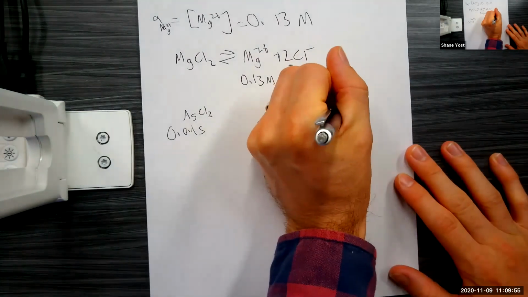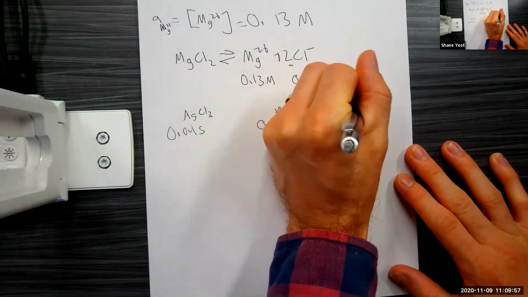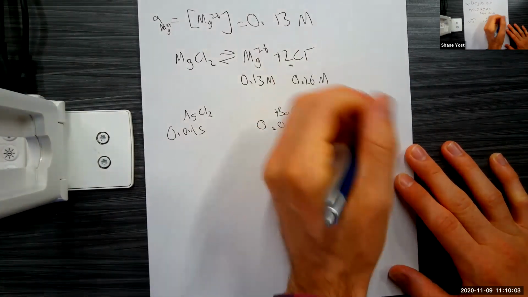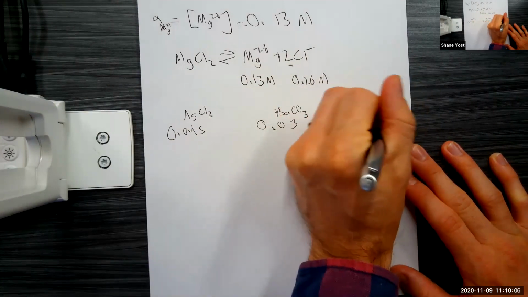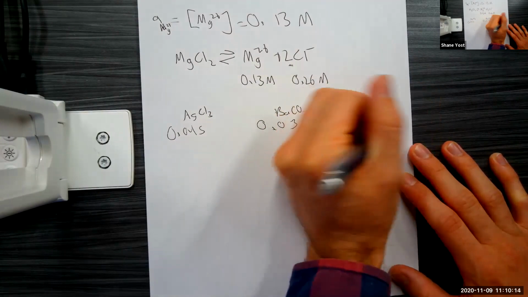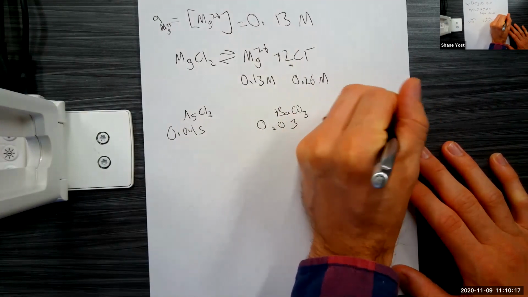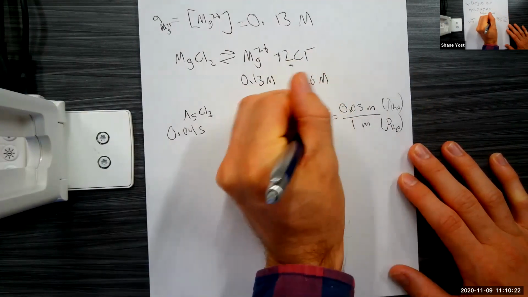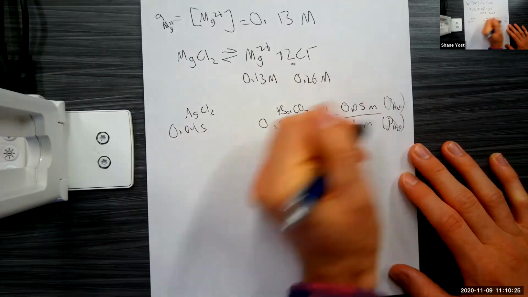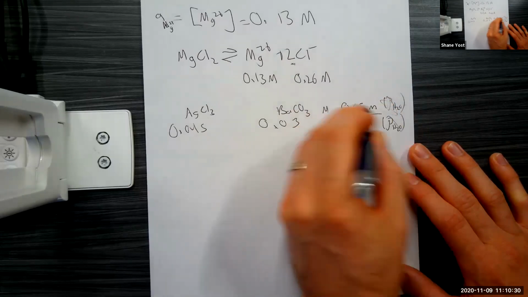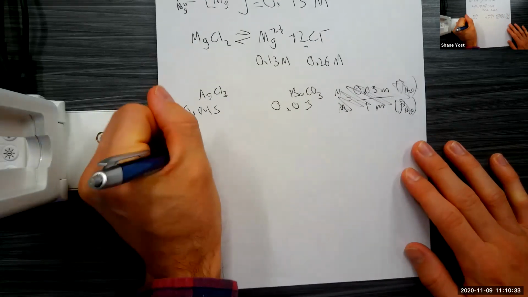Again, if I had some solution that was 0.05 molal, it would also be divided by 1 molal. And if I need to convert that to molarity, molality is per kilogram, and I want per volume, so I want kilograms per volume, which is density. So I'd multiply by the density of water, and I'd have to multiply the top part by the density of water too. That would give me things in molarity, but those will cancel. And so in the ionic strength equation, if you recall,